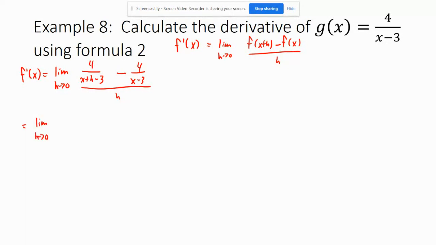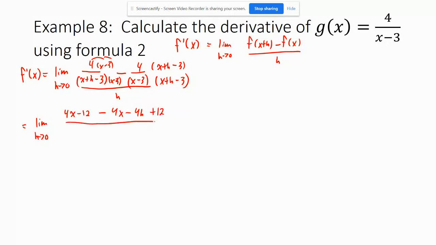Okay. So for this part over here, where I have a fraction minus a fraction, I want to get a common denominator for these. So what I need to do here is multiply the top and the bottom of the first term times x minus 3. I'm going to multiply the top and the bottom of the second term times x plus h minus 3. Okay, so this is going to be equal to 4x minus 12. I'm just going to multiply this through. Minus, now I can take this negative 4 through here as well. Minus 4x minus 4h plus 12 over x plus h